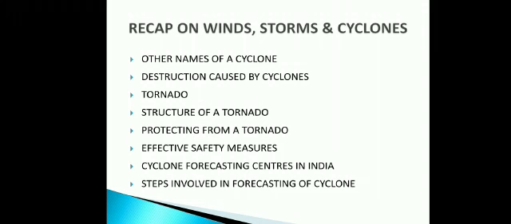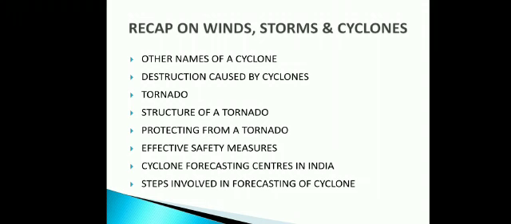How can we protect ourselves from a tornado? We have to take shelter in an underground area which has no windows, or otherwise it is better to shut the windows and take shelter under a table where debris cannot reach. See, not on the top floor of the building, in the basement area. One more position is we can bow down on our knees, protecting our head and neck using our arms.